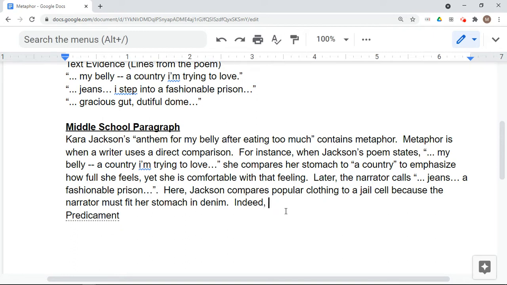All right, indeed, the narrator finds herself in a metaphorical predicament. When you're in a predicament, that means you're in a situation that you can't get out of. You're stuck between a rock and a hard place, as they say. Indeed, the narrator finds herself in a metaphorical predicament,